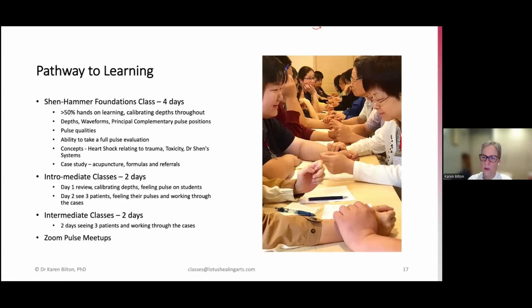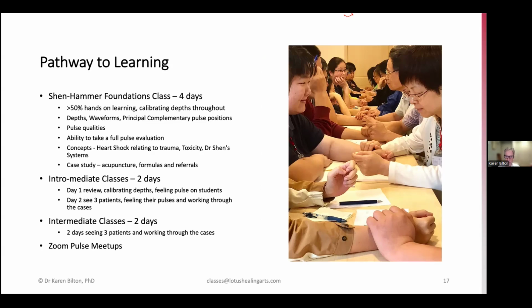Okay, so that's all I'm going to present in terms of information about the pulse system, but I'll just talk briefly about the pathway to learning. So we have a 4-day foundations class, and it's at least 50% hands-on. We're calibrating depths throughout the class, and we present the whole system. We present the depths, the waveforms, all the principal and complementary pulse positions, all the pulse qualities. You are given the skills to be able to complete an entire pulse evaluation,